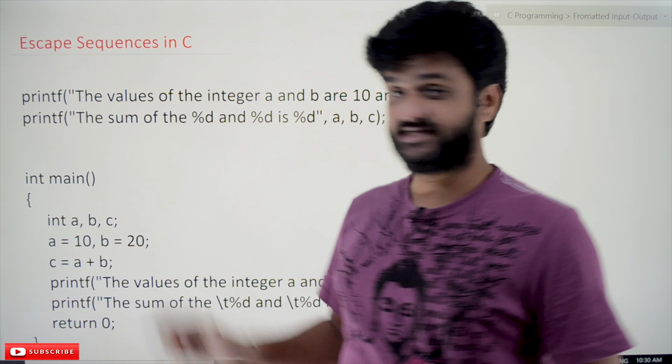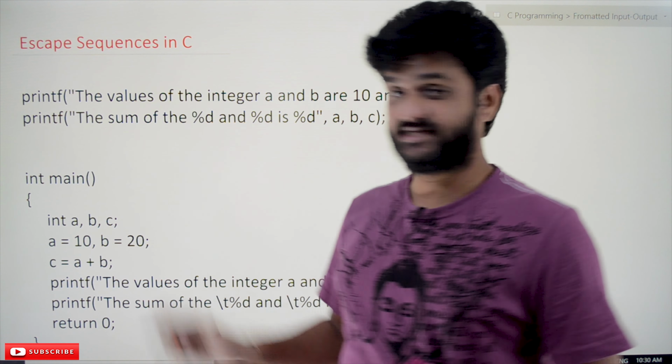What is an escape sequence? Escape sequences are used within the format strings, and each escape sequence has its own action to be done. Whenever escape sequences are used, they will do certain kinds of actions. An escape sequence is always represented with a slash and a character. It may be an alphabetic character or a special character. By using those, there are different types of escape sequences available. In this class, we'll try to understand some of them, and whenever the context comes, we will discuss the others.